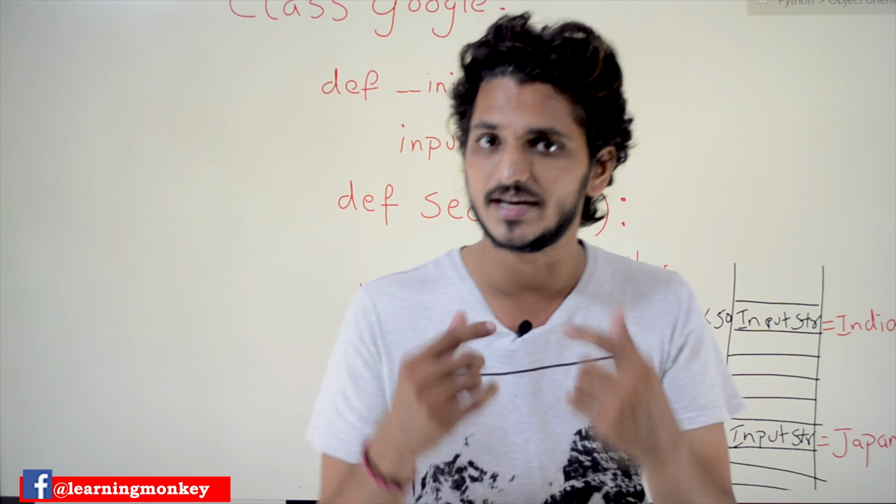Let's take the example. Here we defined a class Test. In this class we defined a method, the init method. In it we have two variables, self comma k. Forget about this word self for a minute. We will discuss what this self is in a minute. Now we defined one more method. f is a method which has a variable self, and we defined one more method f1. f1 also has a variable called self.